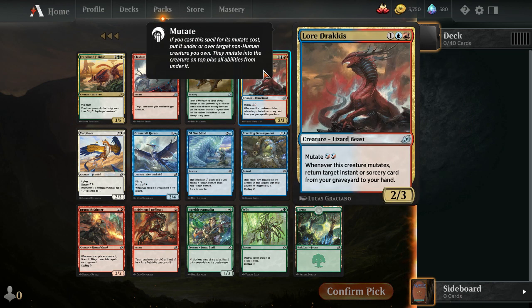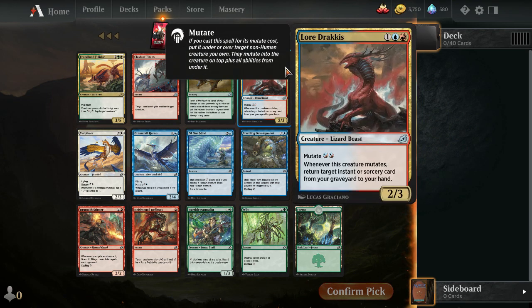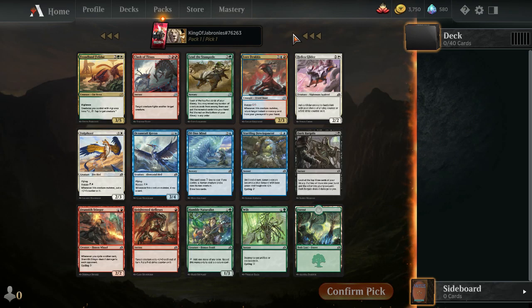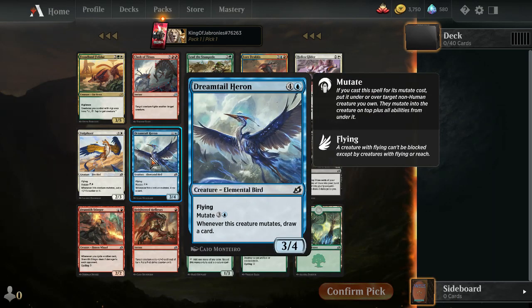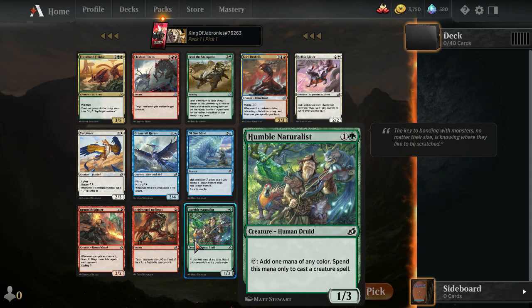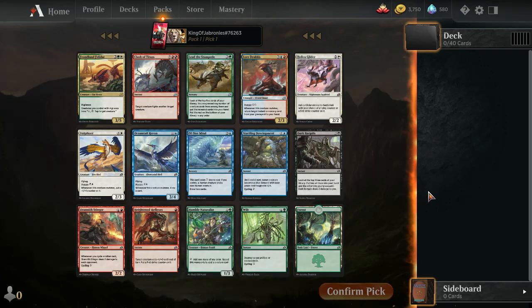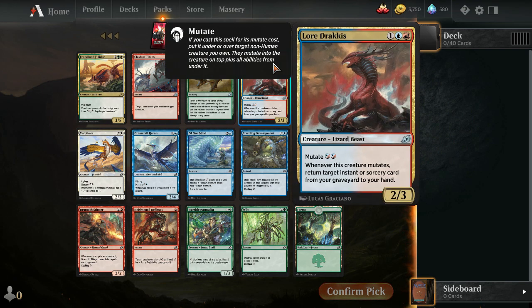Looking at the uncommons, there's a Lord Dracus for the blue-red spells deck as a nice late game card that can get back your most powerful spell. So this is also a consideration. Looking at the commons, Dreamtail Heron is a nice mutate enabler, also a decent flyer. There's Humble Naturalist as a nice 2-drop that can help us ramp in the green decks, and then there's Strand Stinger for the cycling decks. So overall, the commons are okay, but I think I would still take either Lord Dracus or Frontland Felidar over them. And Lord Dracus would be the more conservative choice, since it's not in an allied color,